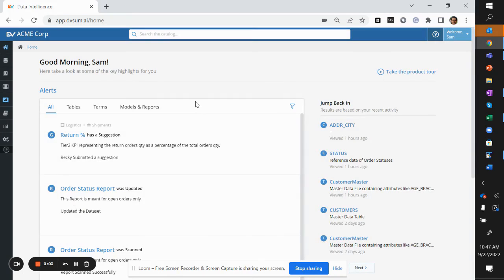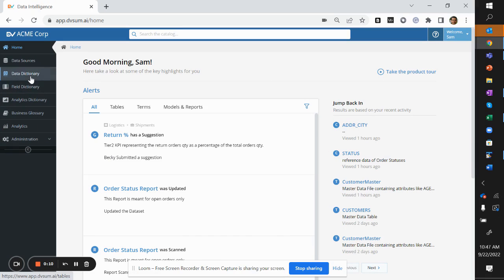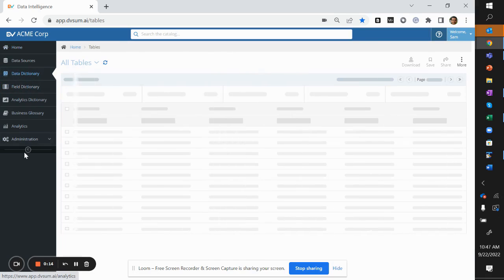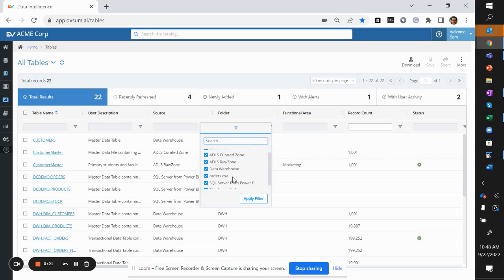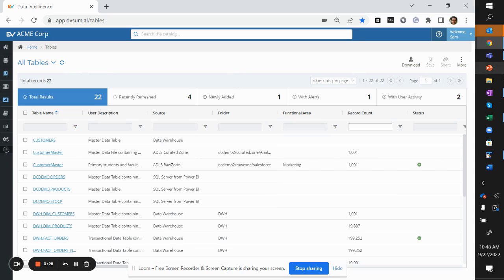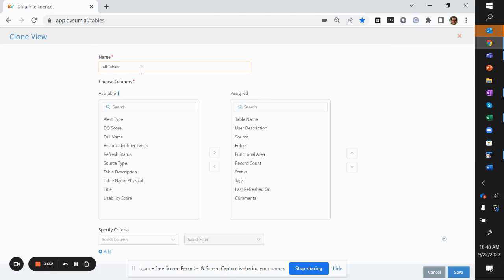Now, if you have a defined list of objects that you always want to refer to, you can create views in the different listing views in DvSum. So let's say you go to the data dictionary, and here we see the list of all the objects across all our data sources. And let's say we are only interested in always referring to our data warehouse. So I can create a view. You click on more, clone this view. Let's call it all objects in warehouse,